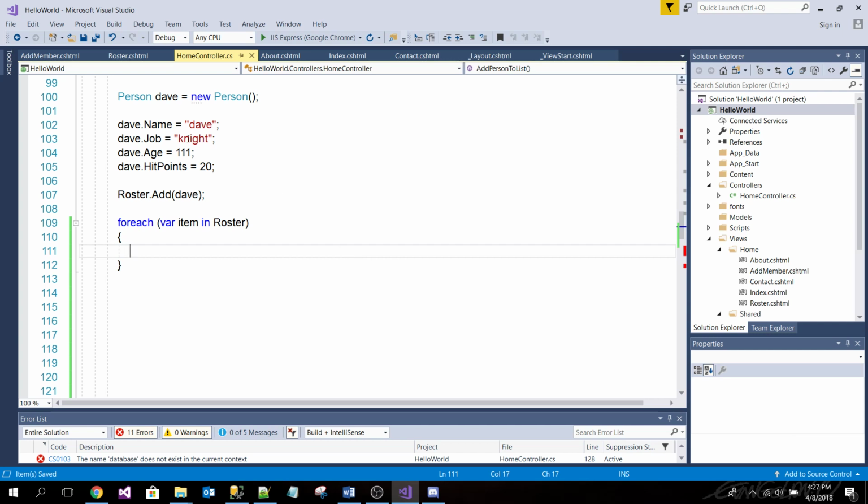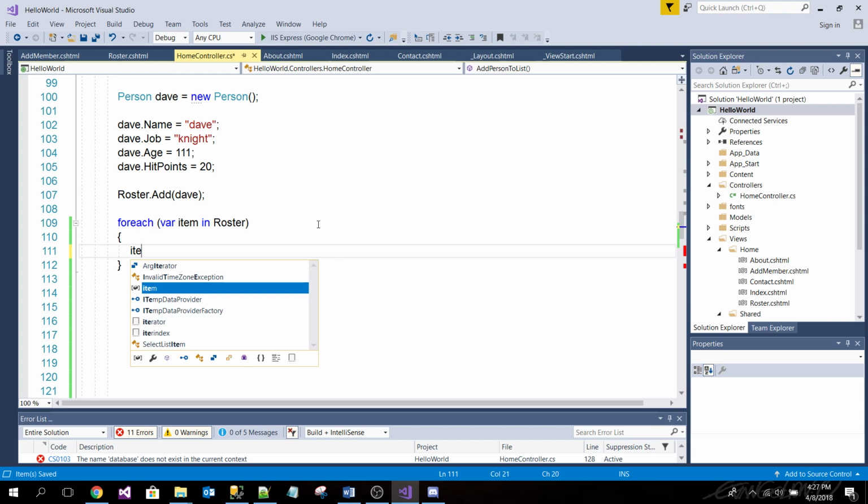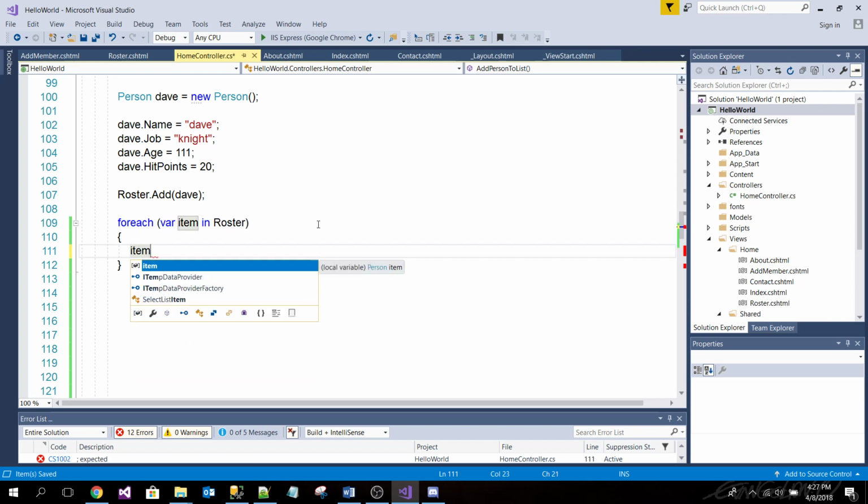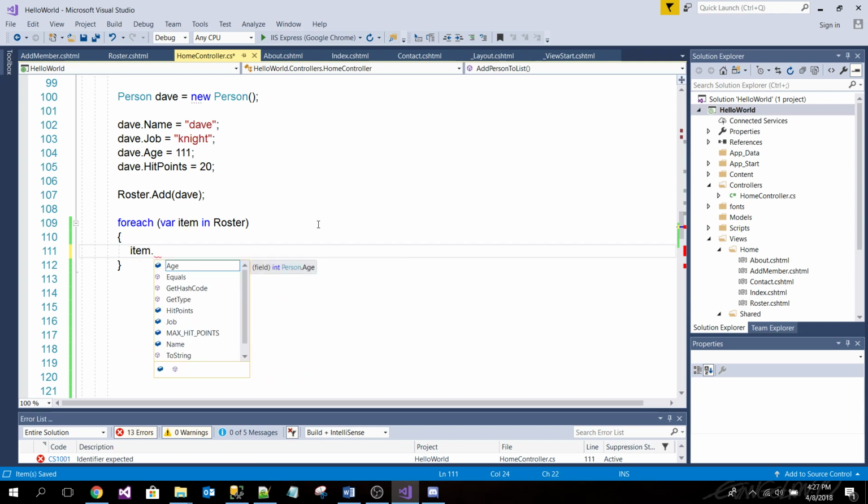So item.hitPoints is equal to 30. Yes, it's item. It's an interesting word. So hit points equals 30.